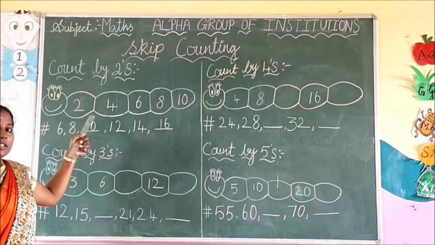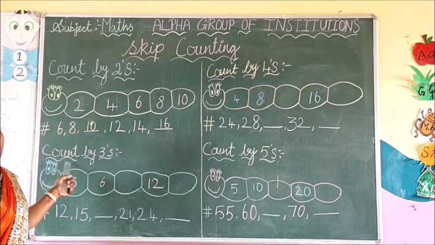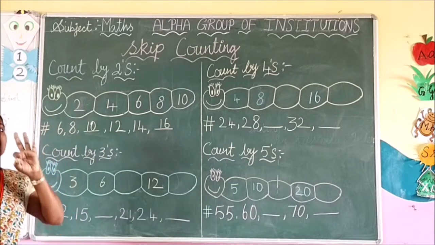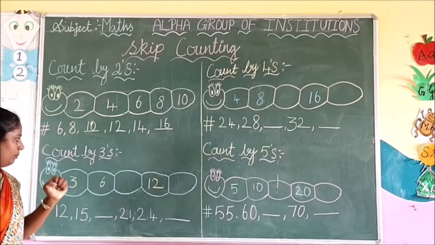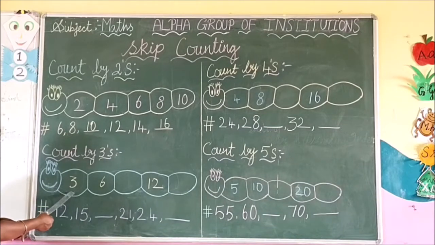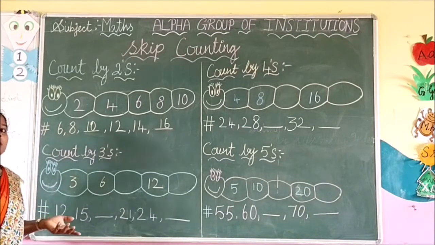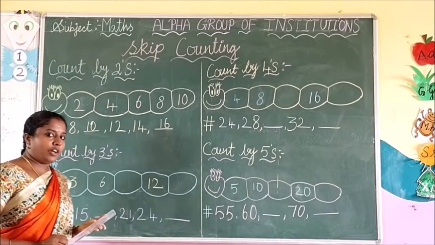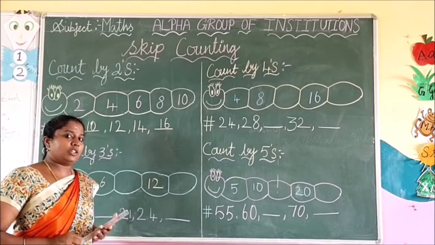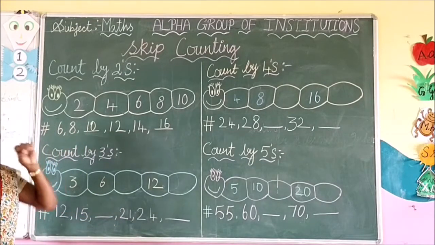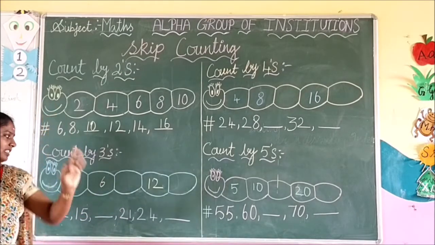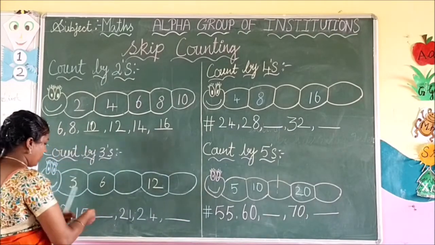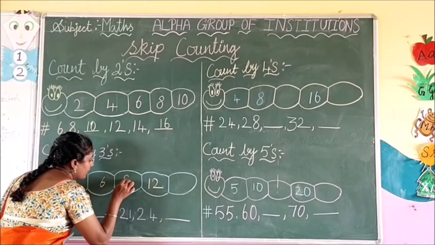Have you all learned that? Now we can move on to skip count by 3. 3 means we are going to skip 3 numbers. So this is 3. After that 6. You can remember the 3 tables also. You all know that; you have already learned them. So after 3, 4, 5, 6. After 6, 7, 8, 9. So what has to come? 9.